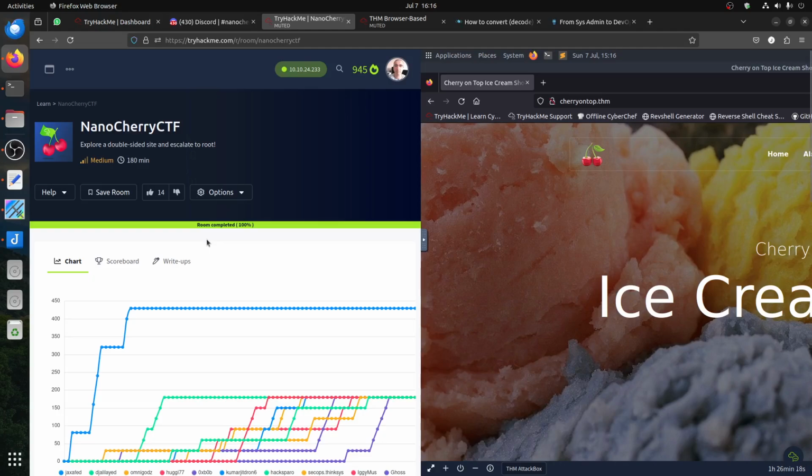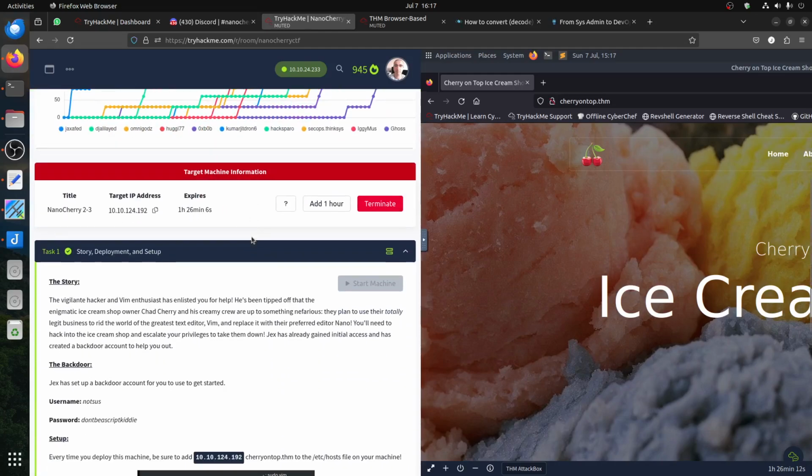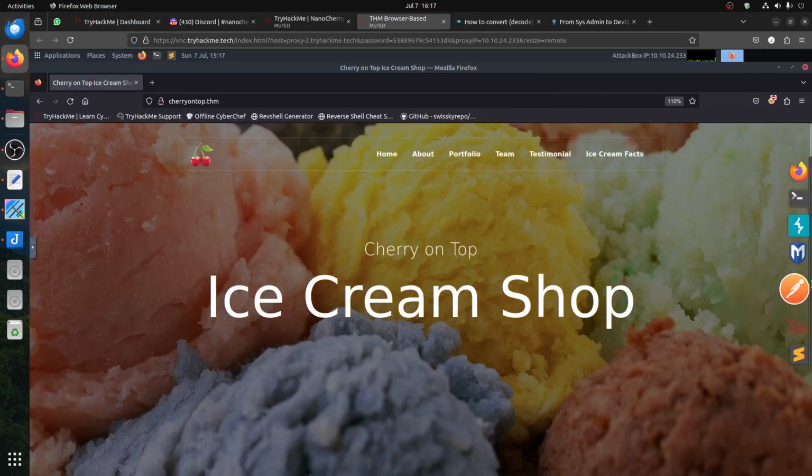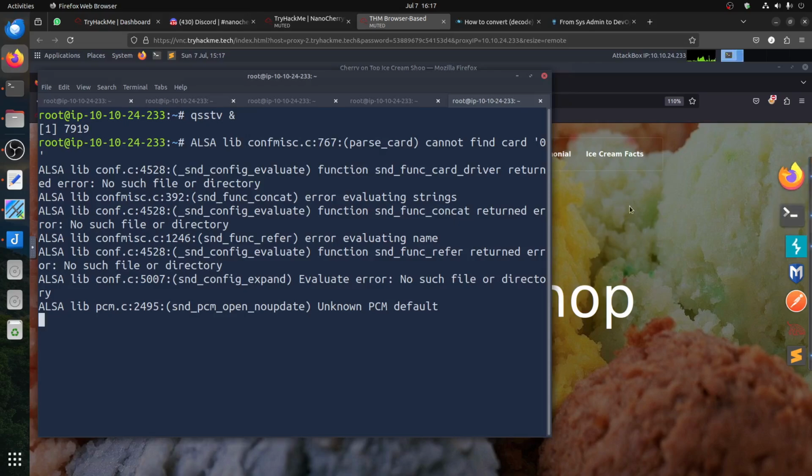I'm doing this new room, NanoCherryCTF. There's a couple of in and out and some kind of rabbit holes also in this room. Of course, the story is that they said we need to add to the /etc/hosts. I'll start so we don't waste time. So as always,